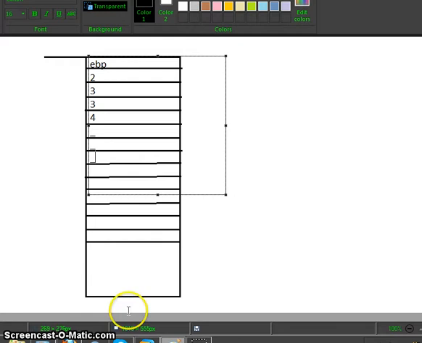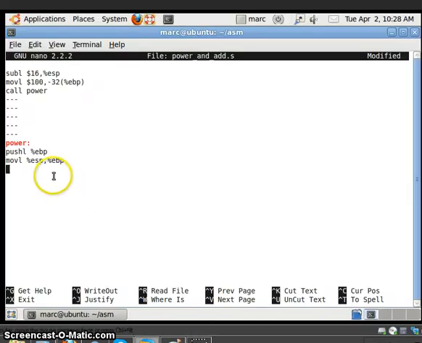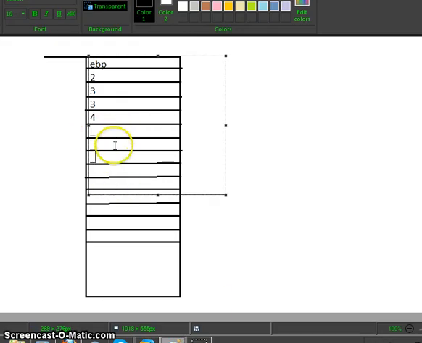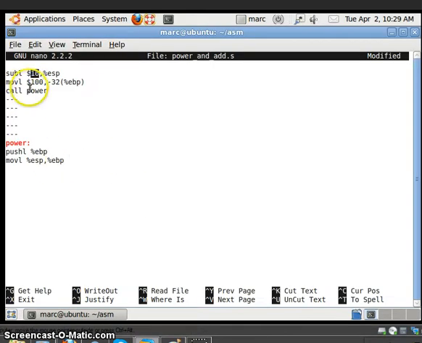We had cleared 16 values from our stack pointer in ESP. So 4 4 4 4, till here our stack will be cleared. We'll be saving 100 over here.